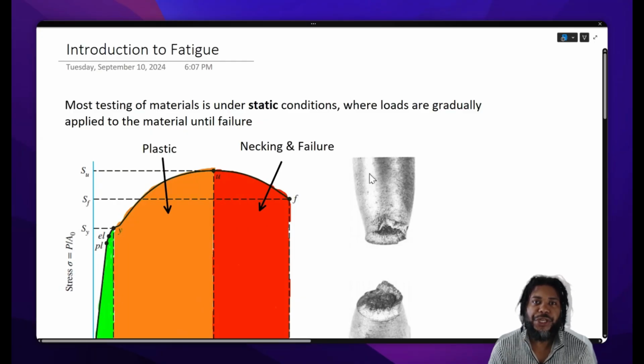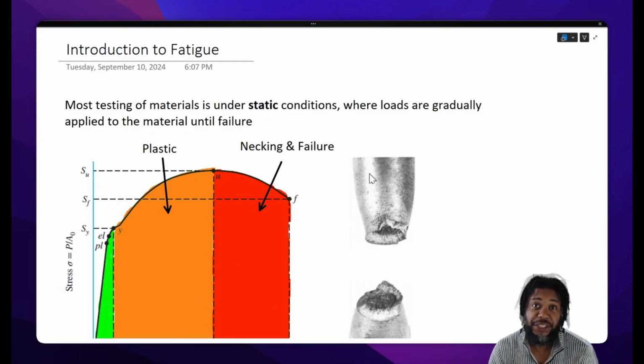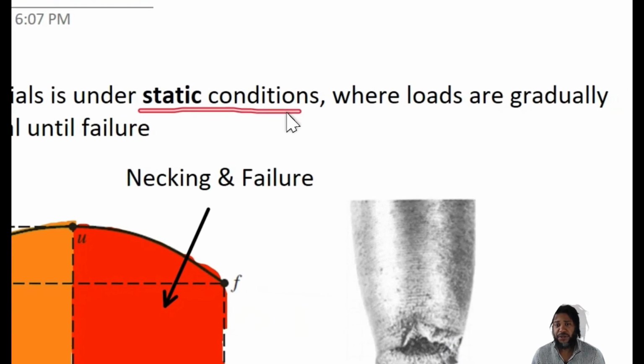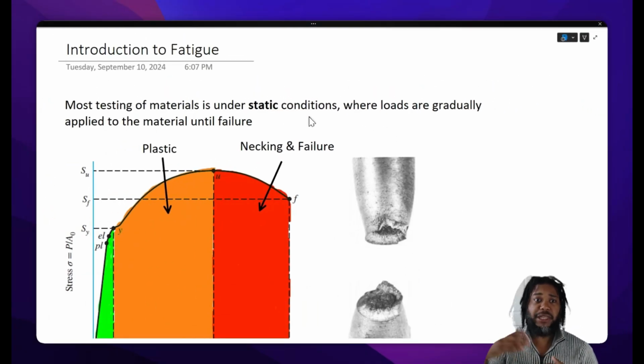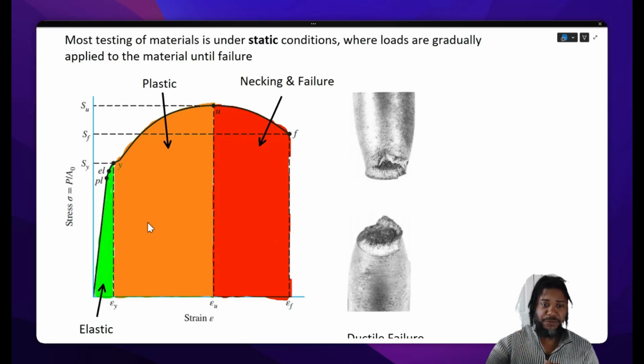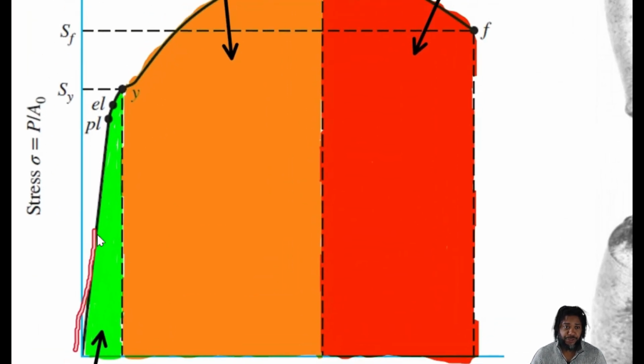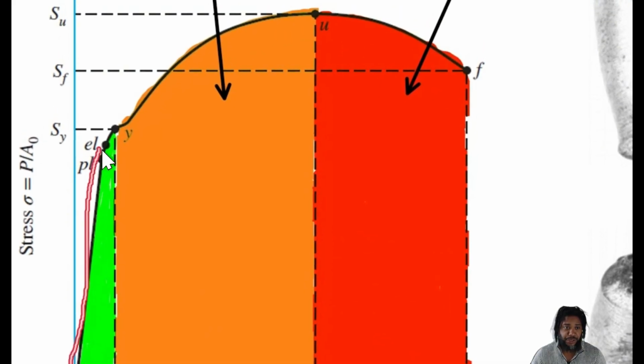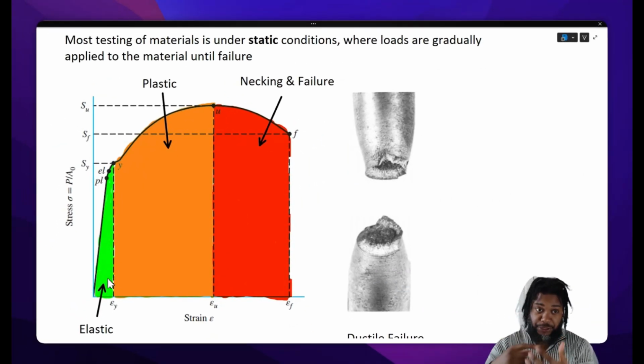Today, we're going to do an introduction into fatigue of materials. Now, most testing of materials is under static conditions, where loads are gradually applied until a material fails. Usually, when we look at, say, a ductile material under displacement controlled loading, we'll generate what's called a stress strain curve, where we'll see a characteristic linear portion where the material is elastic and can recover to its original